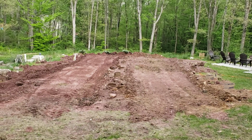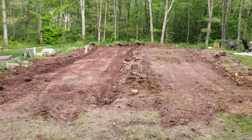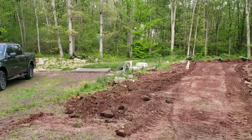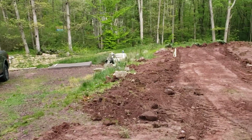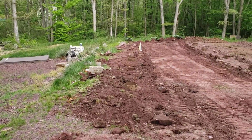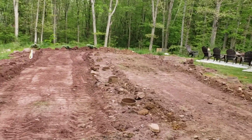Well, not bad for an afternoon's work. We got all the sonotubes in, and just going to call and order a cement truck, and that's probably going to happen on Monday. So the next time I get up here, hopefully it'll be all poured